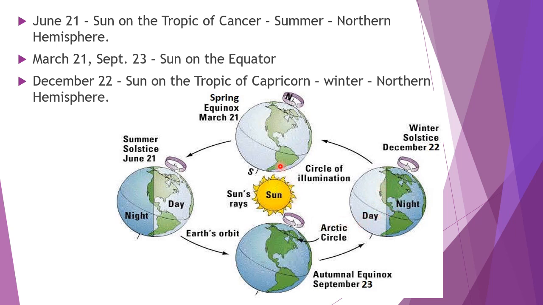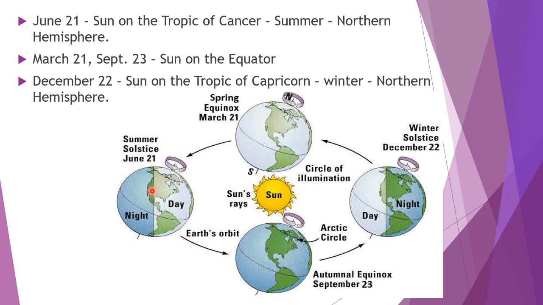At the same time, here you see that in the month of March and in the month of September, the sun rays, equator is getting the direct sun rays. Because of that, totally northern hemisphere and southern hemisphere on those 2 days get equal day and nights. That's why equinoxes. At the same time, you see that this is winter for us and summer for southern hemisphere.